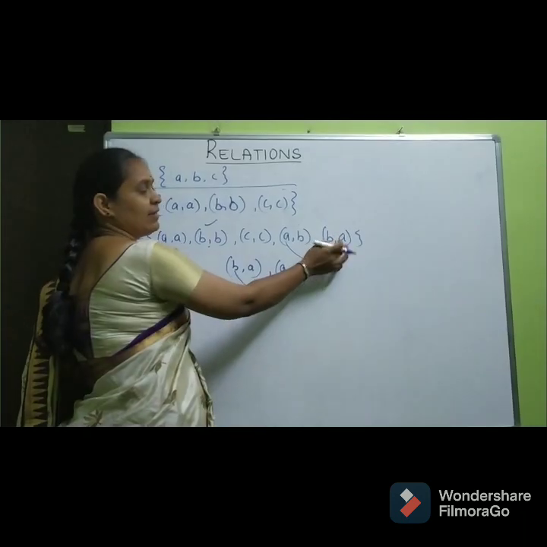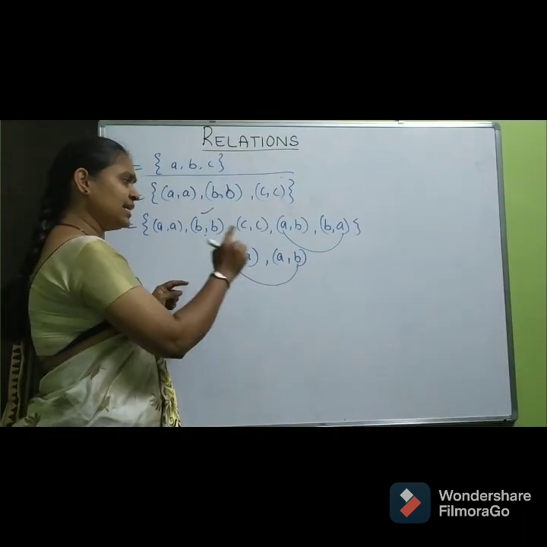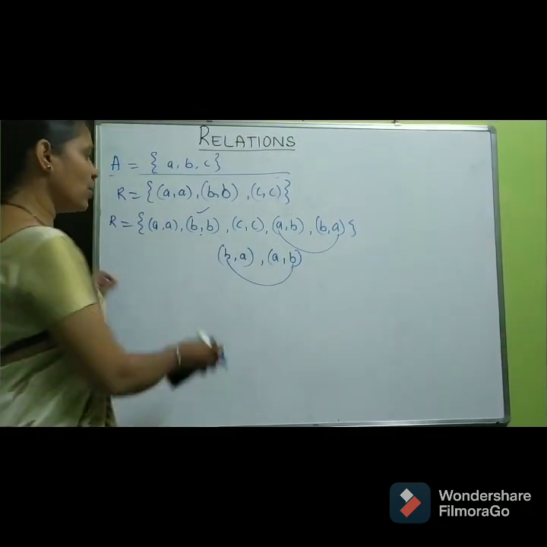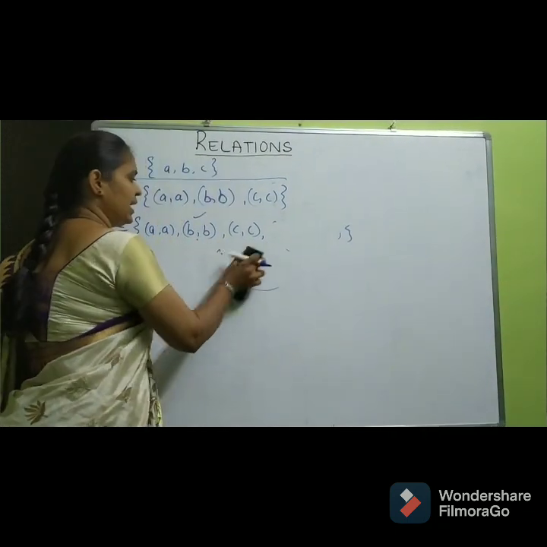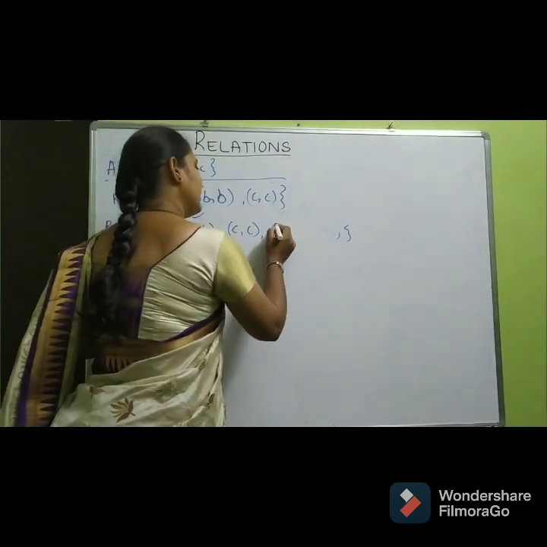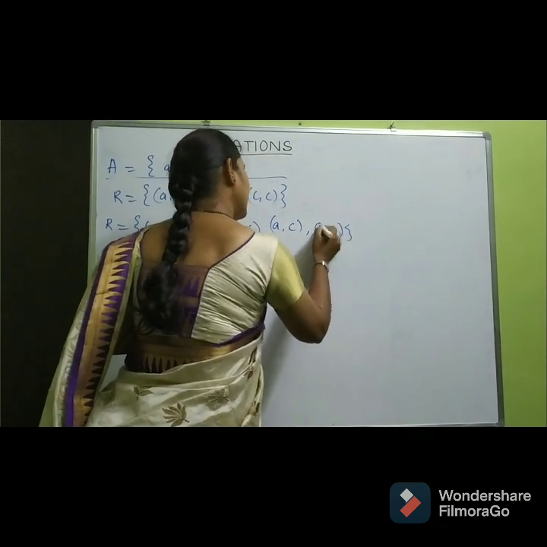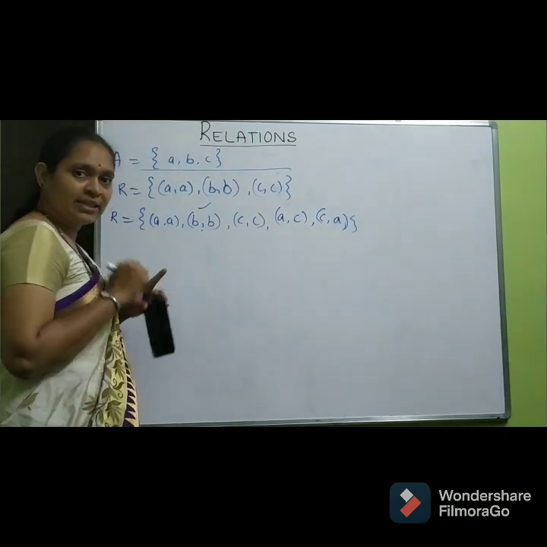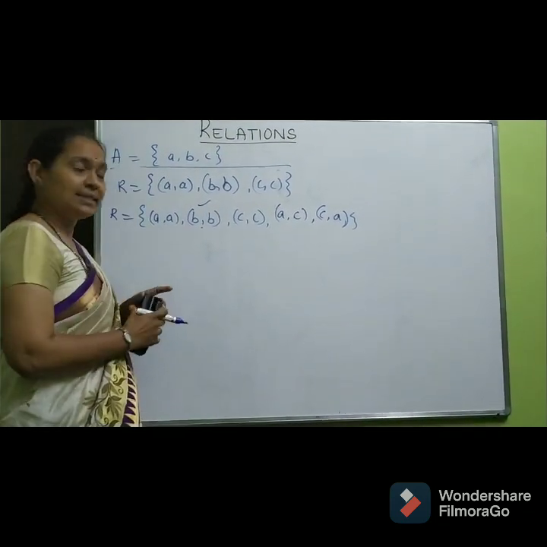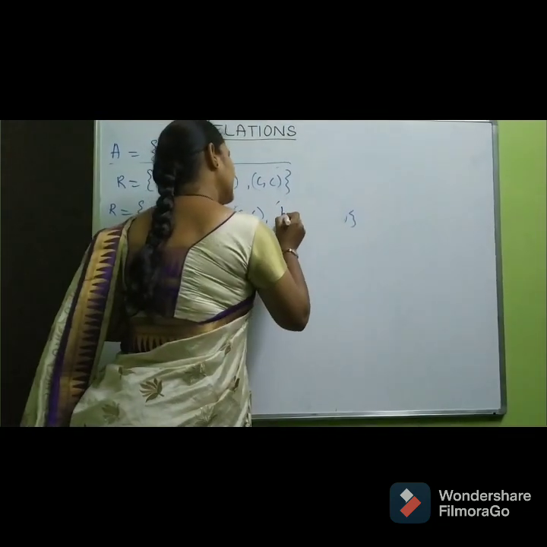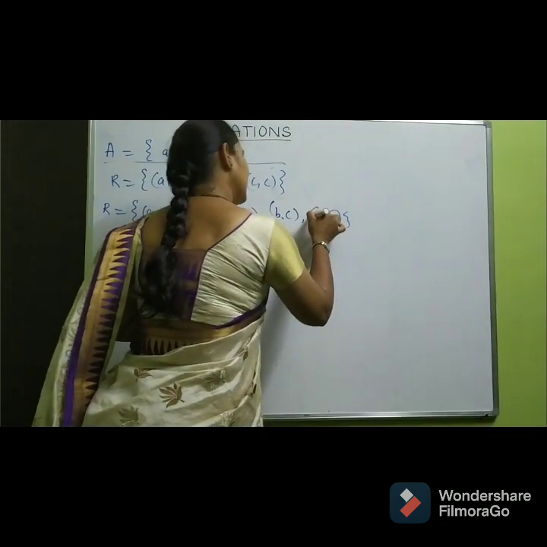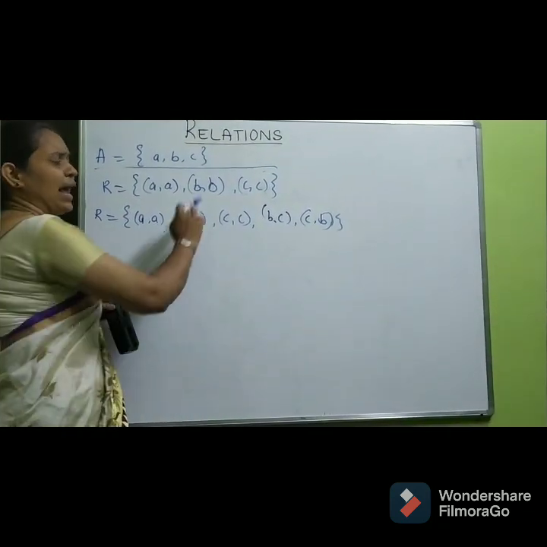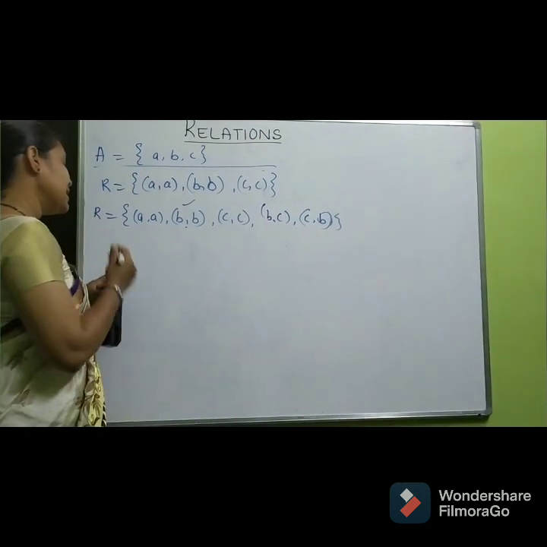So, by adding (a, b), (b, a), it becomes an equivalence relation. Instead of that, for the same thing, I will remove (a, b), (b, a) and add (a, c), (c, a). Now also it is an equivalence relation. Same discussion goes: instead of (a, b), I have taken (a, c). Similarly, if I take (b, c), (c, b), then also it is an equivalence relation. So if you add like this, it will become an equivalence relation.